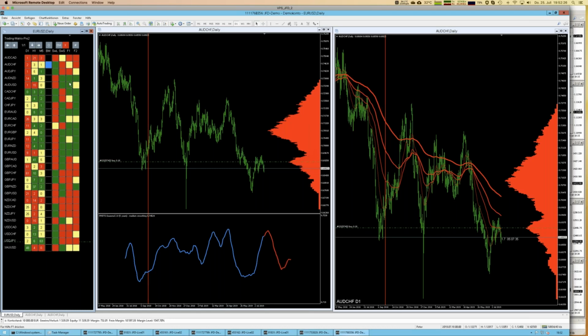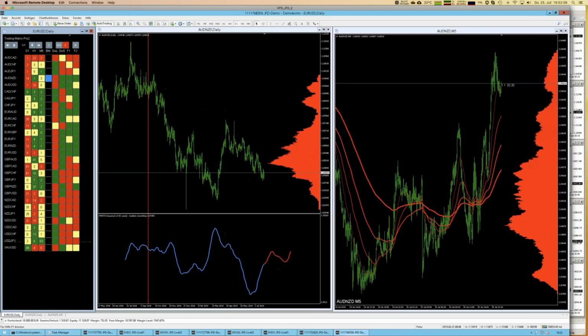We have that in the table here as well. So Australian dollar, New Zealand dollar would be for the next 20 days going north, the next 60 days going north. Good to know. Let me go into that chart. I just have to click here, and now we instantly have a daily chart, US dollar, New Zealand dollar here, and the 5-minute chart here. But the forecast is north.